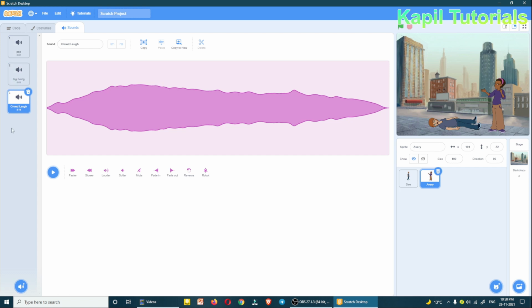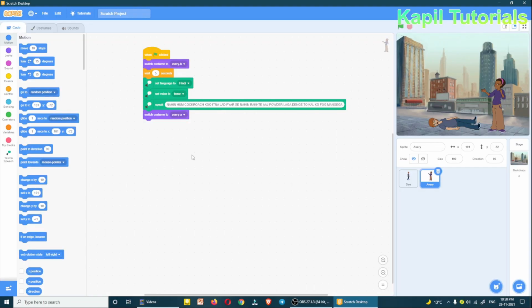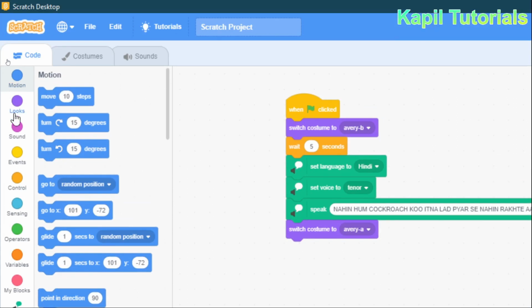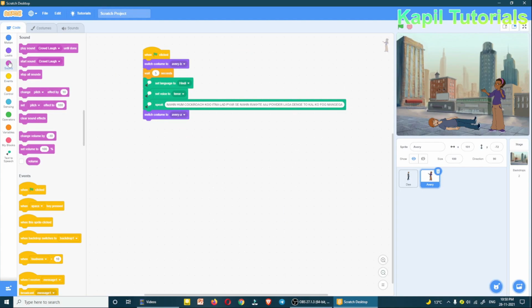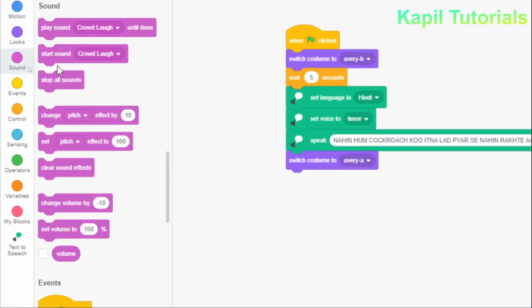After that I have added, I'll just go to code. So under every I want to add sound. So I'll click here, sound one, sound block. Because I have added the sounds, it will show here. So I'll click on start sound, this one, this block.